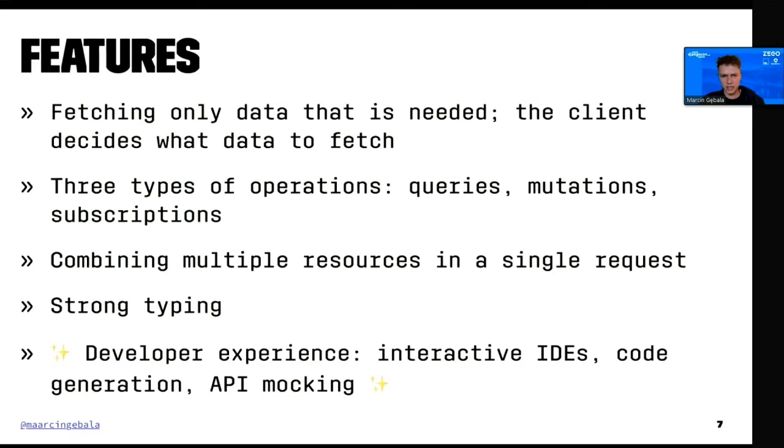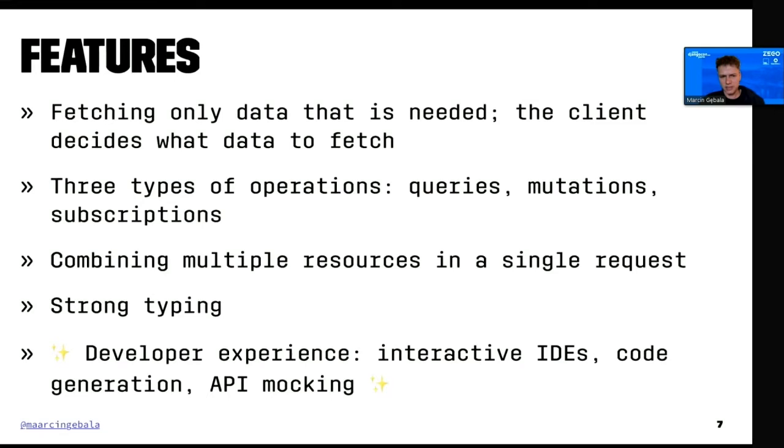So the idea here is that a single page app can only send one request and decide what data it needs to render a particular view, and it doesn't have to hit multiple endpoints. So of course, there is less traffic between client app and the server. We also have strong typing, which means that every field in the API or every argument in a mutation has its own type. This gives us static error checking when we write those queries in an editor, which is really nice. And this all leads to amazing developer experience, which is also one of the most important ideas in the